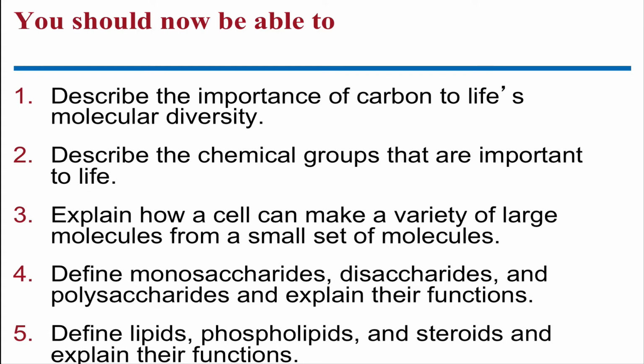So after reading this chapter and studying it, you should be able to describe the importance of carbon in life's molecular diversity, describe the chemical groups that are important to life, explain how a cell can make a variety of large molecules from a small set of molecules, make sure you can go forward and backward, in other words, building things up, breaking things down,